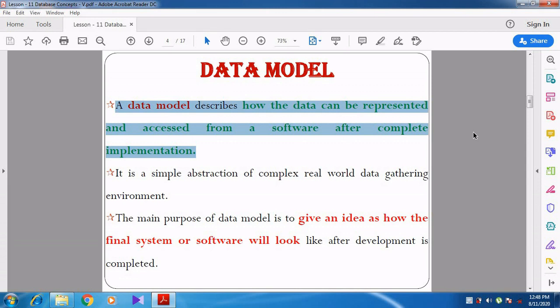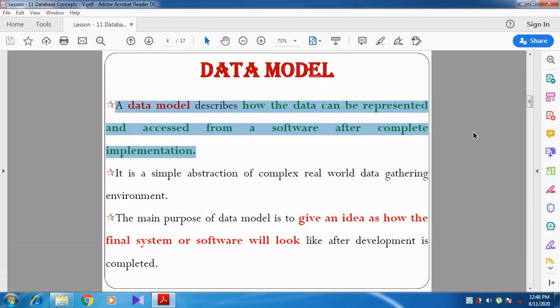So that is what the data model describes. Again I repeat, the data model describes how the data can be represented and accessed from a software.